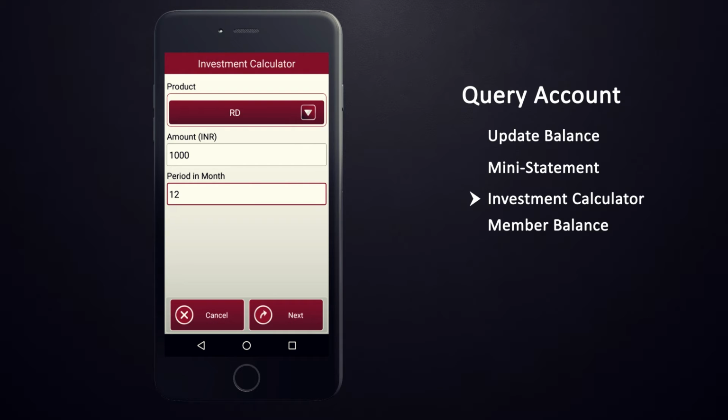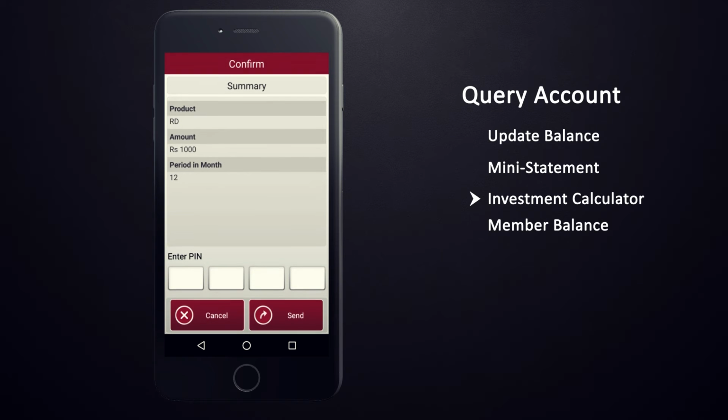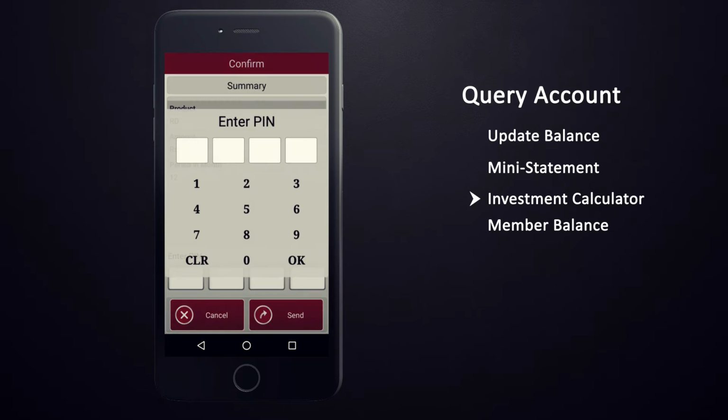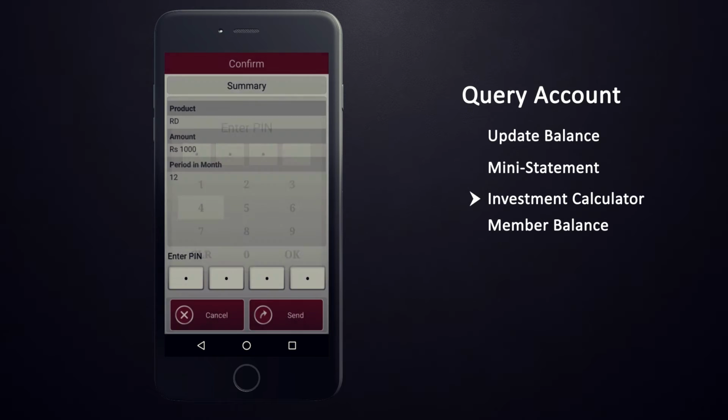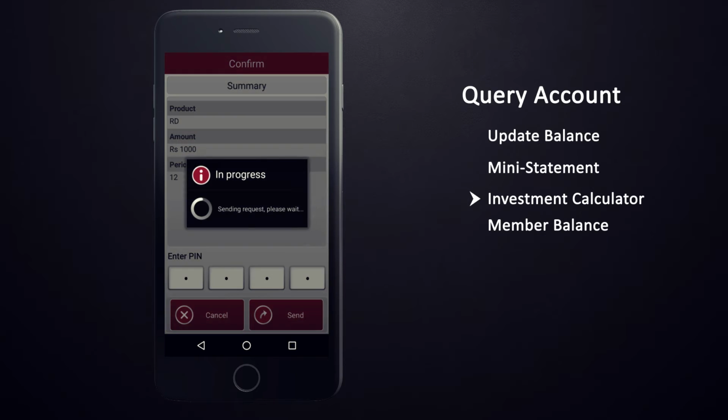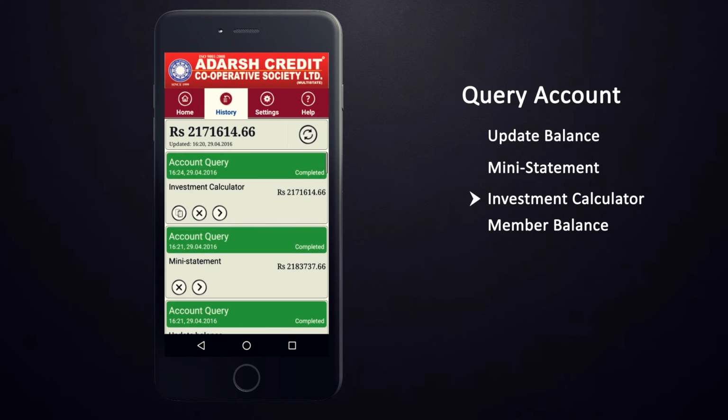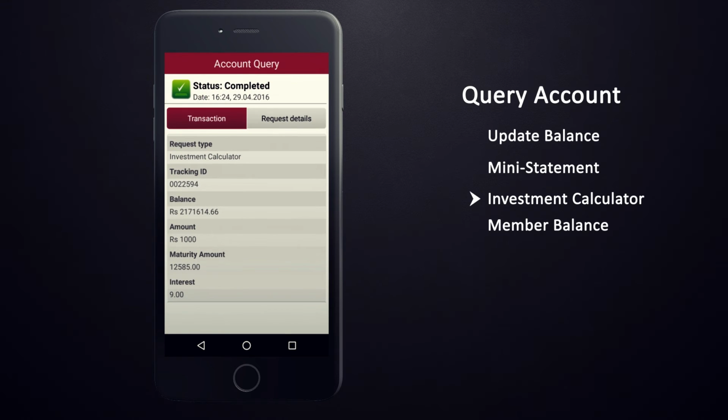Now, tap on to the next button and proceed. A summary of your entered information will appear in the next screen. Recheck it and enter your advisor PIN code to confirm the transaction. You will be able to view the calculated return on your investment on your screen in the History tab.